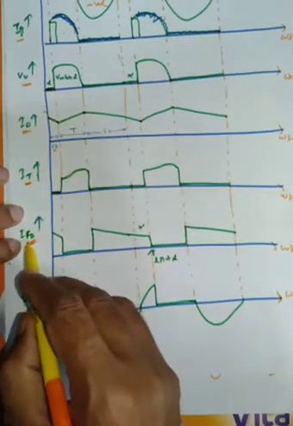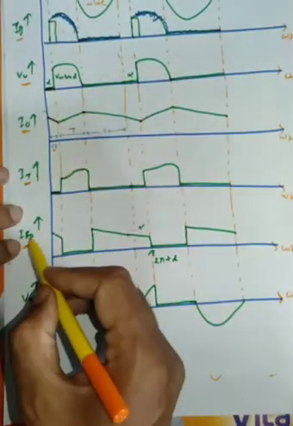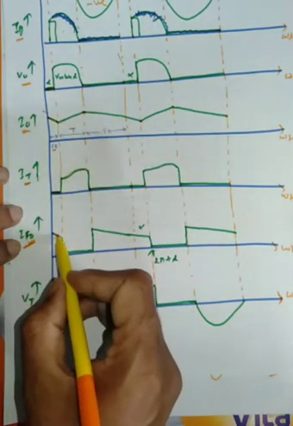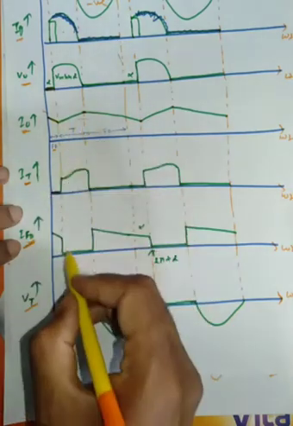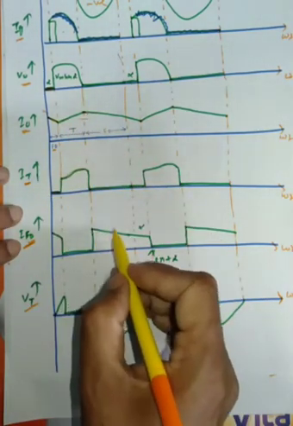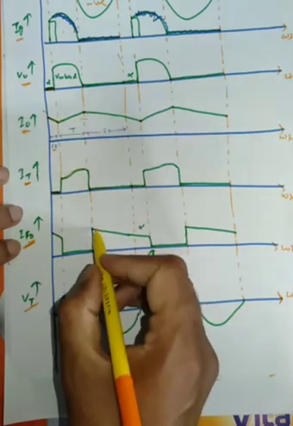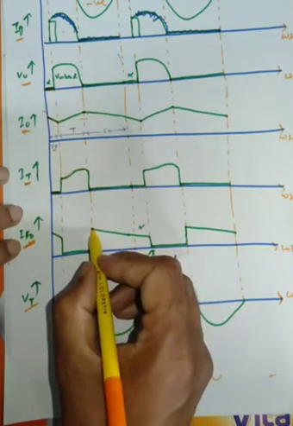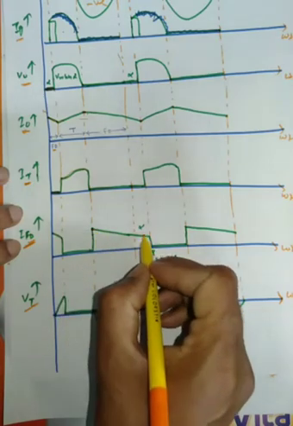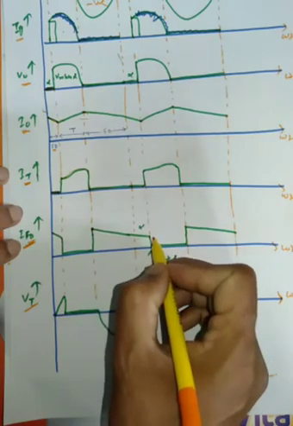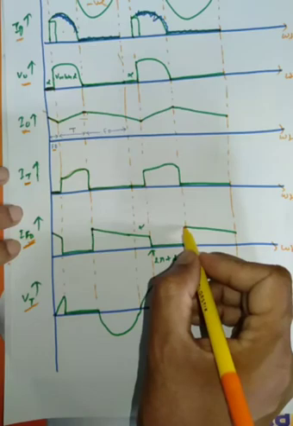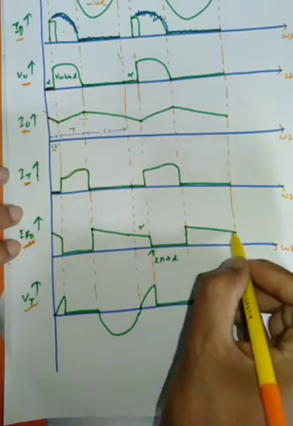So what is the output current? During this period there will be some output current, but in decreasing mode. Whenever the thyristor is off, the freewheeling current will be present, and it decreases until the thyristor turns on. Whenever the thyristor is on, the freewheeling diode current will be zero. Again in the negative half cycle it will be there, but in decreasing mode.